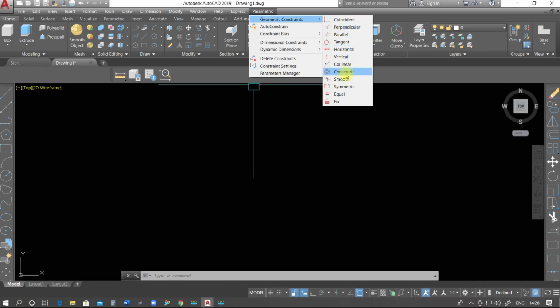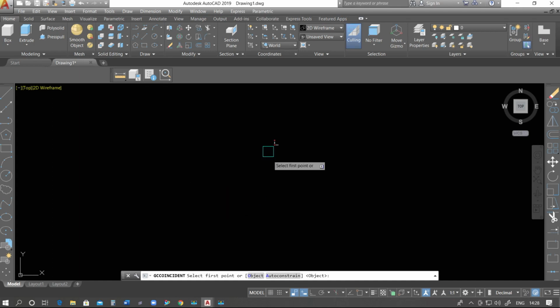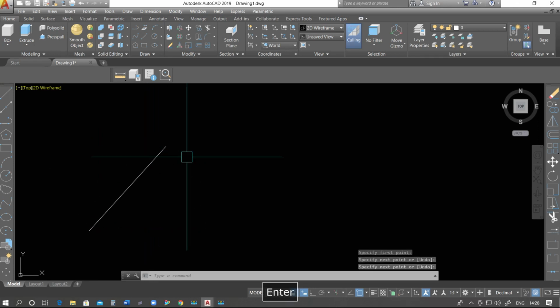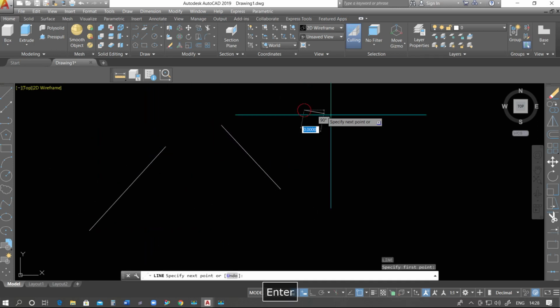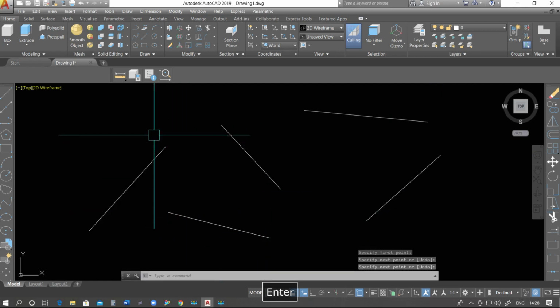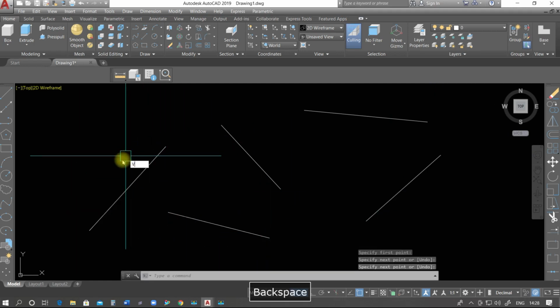Okay, so what we do, we just click this one. For this one we need some entities, so suppose I am going to draw some lines like this. Some circles are also needed.